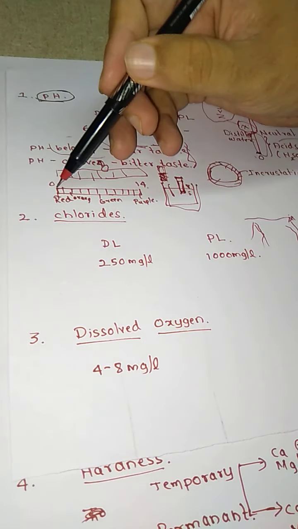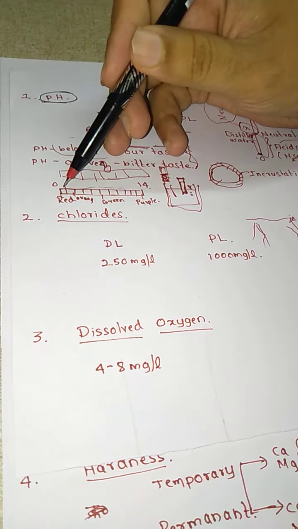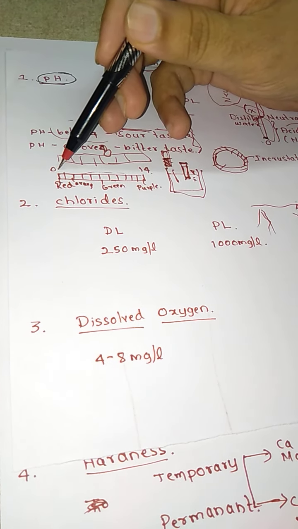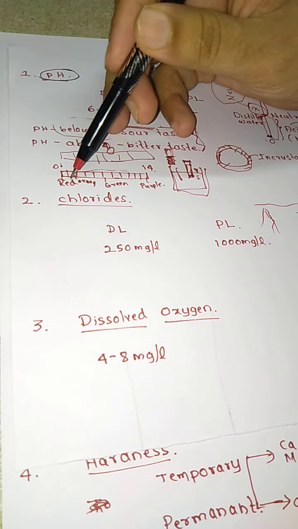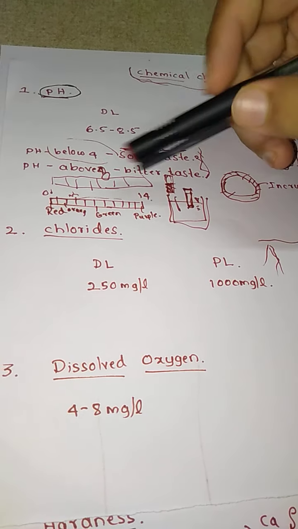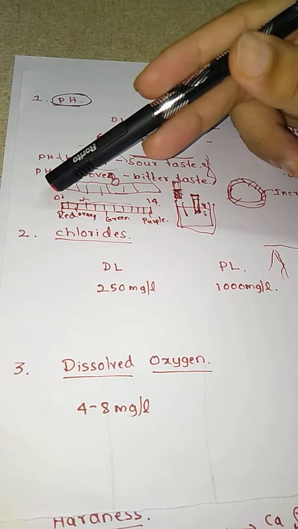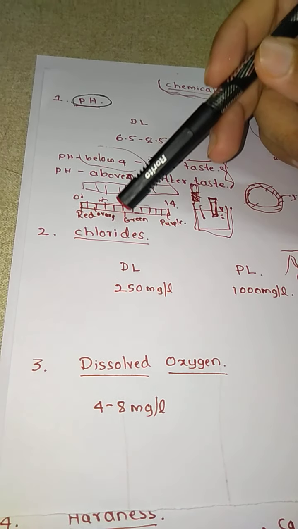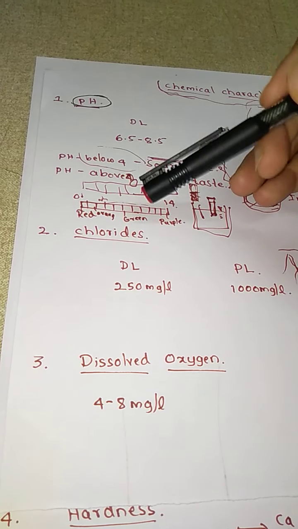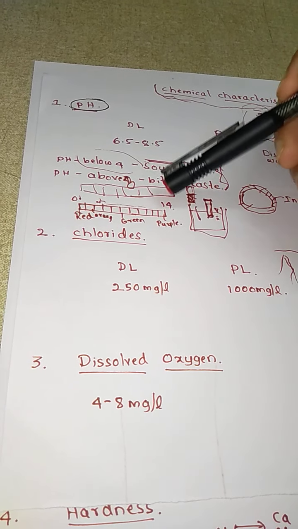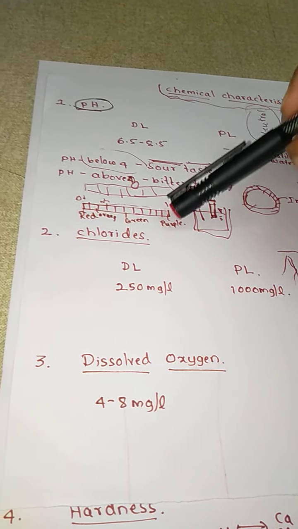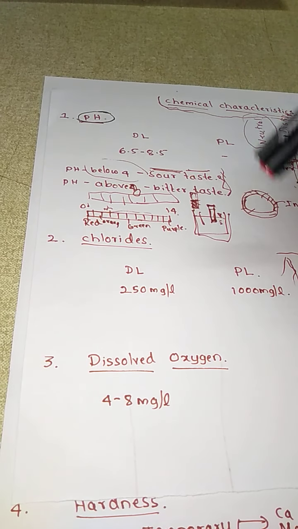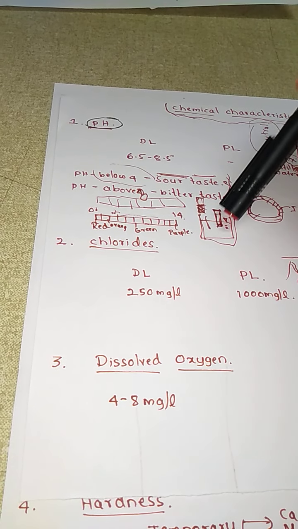For example, here we have one particular pH scale. In this pH scale, the company has given various color codings. For 0, they have designated red. If it is a strong acid with a pH of 0, it may show you the red color. If the solution is in the neutral range, it may give you green color. And if it is a strong base, it may give you purple color. So your pH paper gives you the approximate value of the pH at the site itself.